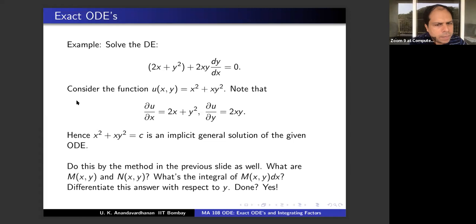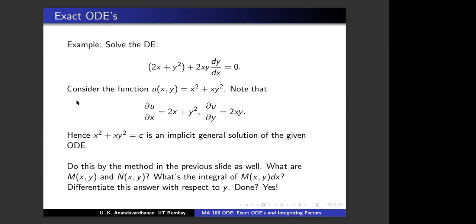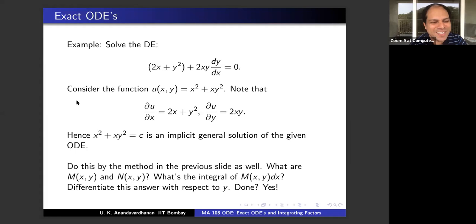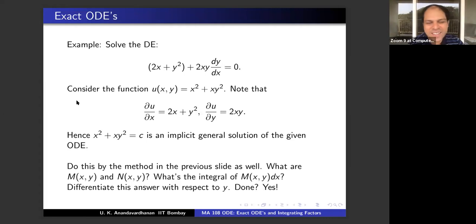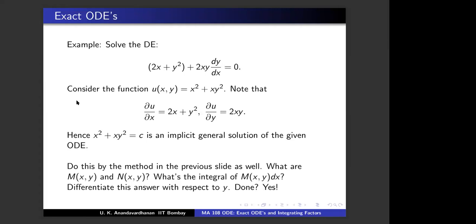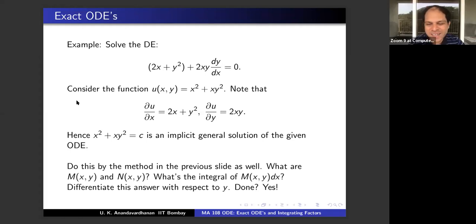Is this clear to everybody? Sir, in a question, will it be given that it is an exact form? No, maybe not. Sir, then how can we apply this method? Just by intuition? Experience. That's why you should do a lot of problems. So you have to check. That is the real challenge in this course. By the end of the course, you would have seen so many methods, and if we give an equation, how do you know which method to apply? There is no algorithm for it, right? So this is purely from your experience in working out so many problems. Clear?